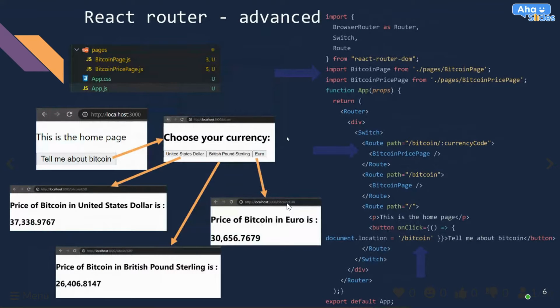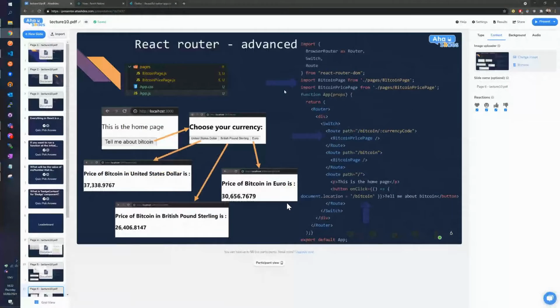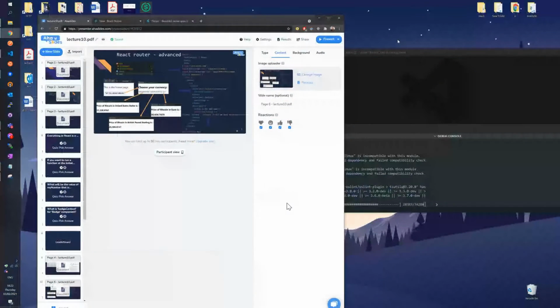I wanted to go back to our Bitcoin tracker example, and we'll make a small web page with multiple routes where you can see the price of Bitcoin in different currencies. I think at this point it's best that we wait for this to finish.